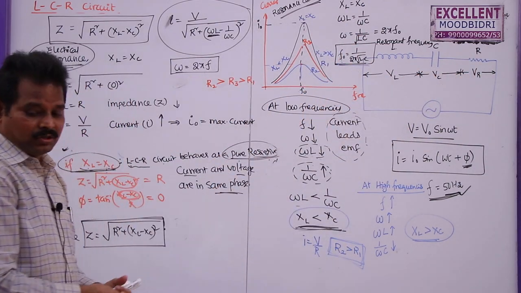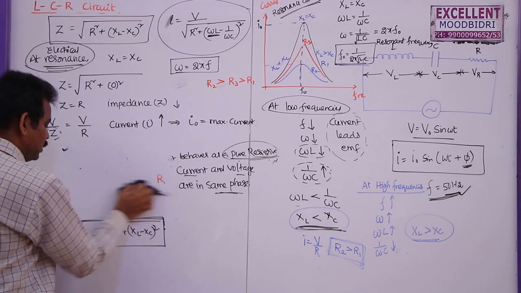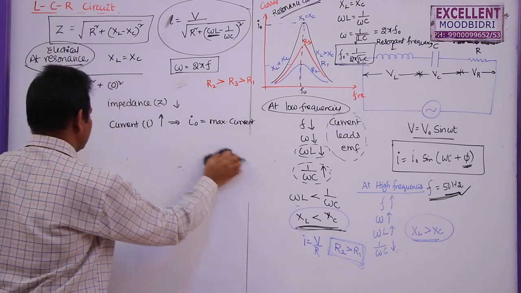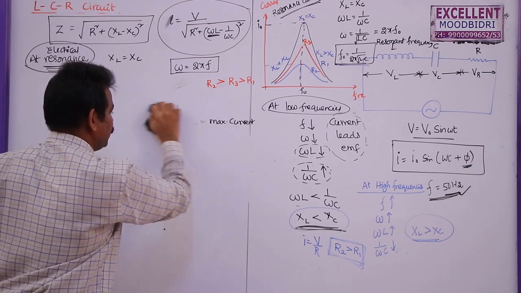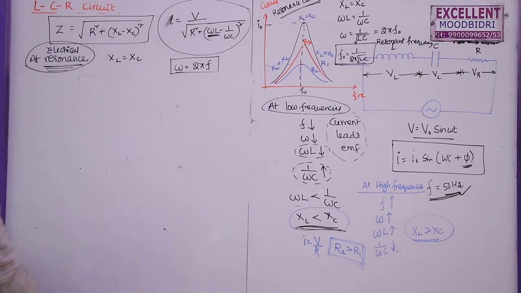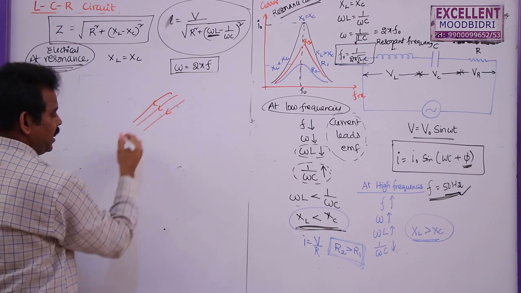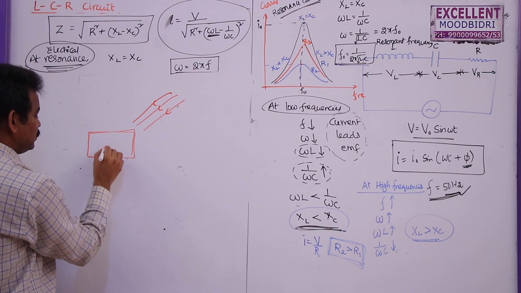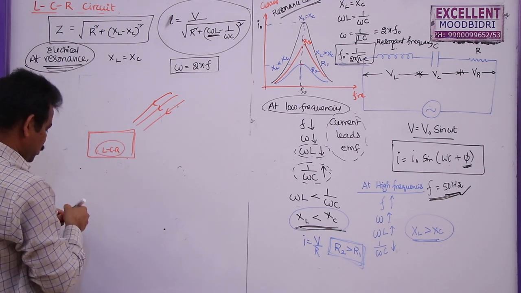Now in tuning circuits like TV and mobile, wherever we are getting signals from satellites, we receive these signals through an LCR circuit only. That means the FM radio, as well as the TV, as well as these cell phones consist of these LCR circuits. Whenever the signal is sent from the satellite, let us say our TV is receiving this signal. The TV consists of an LCR circuit in its internal portion.